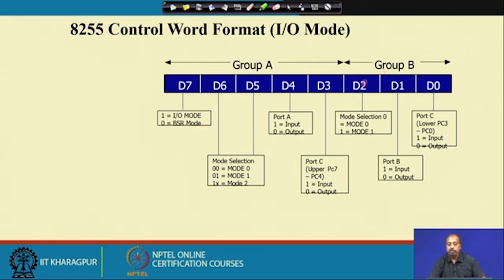Then this group B, we have got 3 bits D2, D1 and D0. Out of that, D2 is for mode selection for group B. So, it is mode 0 or mode 1, and then in mode 0, after the mode selection, you can control individual ports, like port B can be set to input or output, and port C lower part PC3 to PC0 can be set as input or output by controlling this D0 bit. So, this way by setting the proper control word, you can configure all the ports of 8255